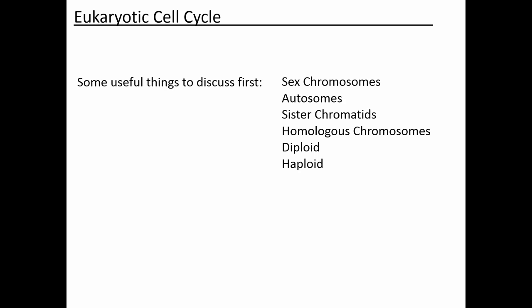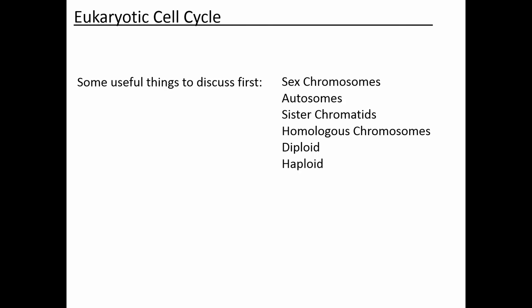And in terms of your cells, I told you that the cells of your body have two sets of chromosomes. So that means that your cells have two copies of every chromosome. You have one chromosome number 1 that you got from your mother, and another chromosome number 1 that you got from your father. Your two chromosome number 1s are homologous chromosomes. Those two chromosomes carry the same set of genes. And then your two chromosome number 2s, those are homologous chromosomes. And so on. The two chromosome number 3s are homologous chromosomes.